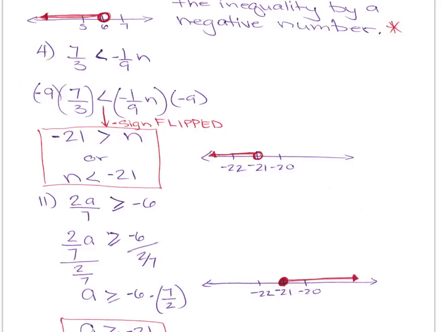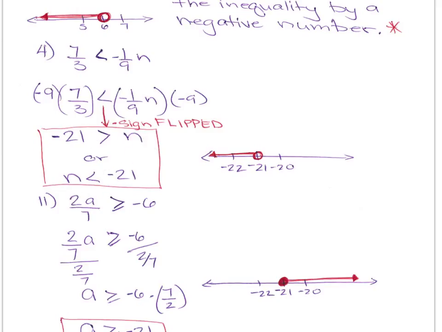So if I want to rewrite this, where the variable is on the left side, I just have to make sure that when I read this, it matches this right here. So this is n less than negative 21. I rewrote it. It's n less than negative 21. So these two right here are actually the same